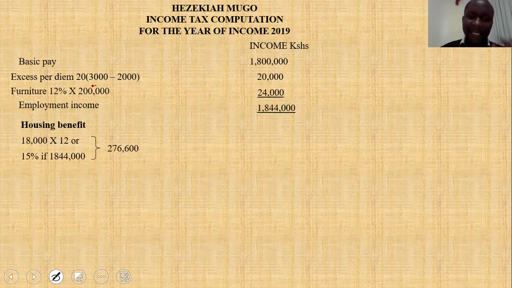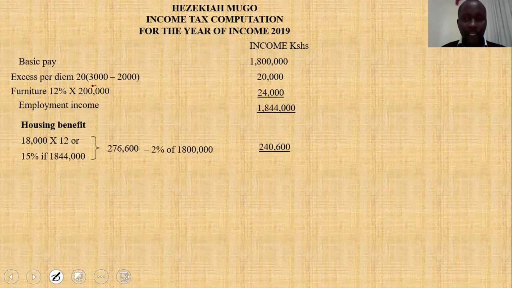Now, after we get this higher of the two values, 276, we have already done the comparison. So what follows next is this. We less the nominal rent. The nominal rent, you are told, is 2% of the basic salary, so it's 2% of 1.8 million. And the final result will be